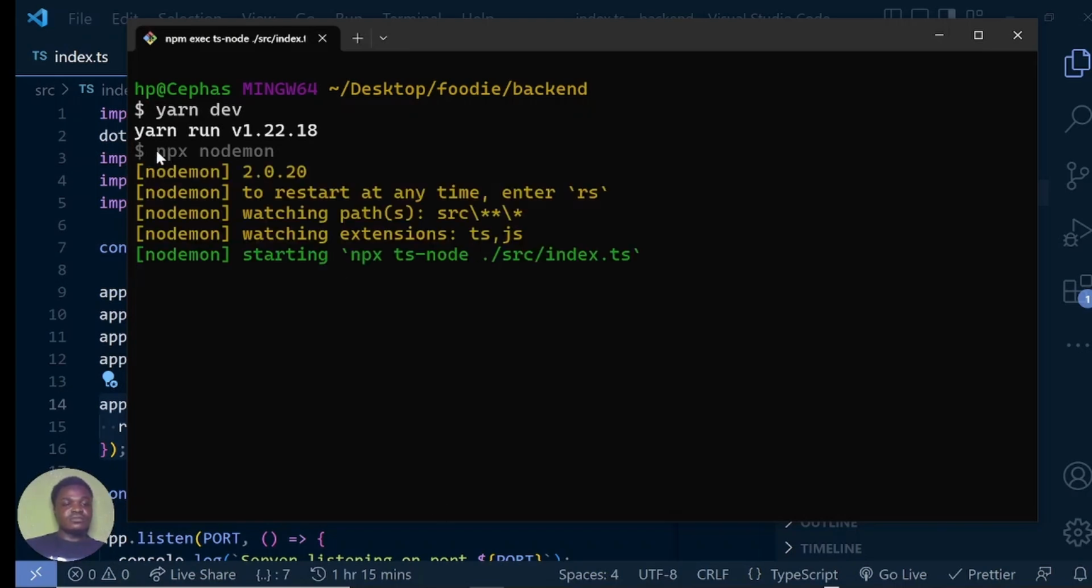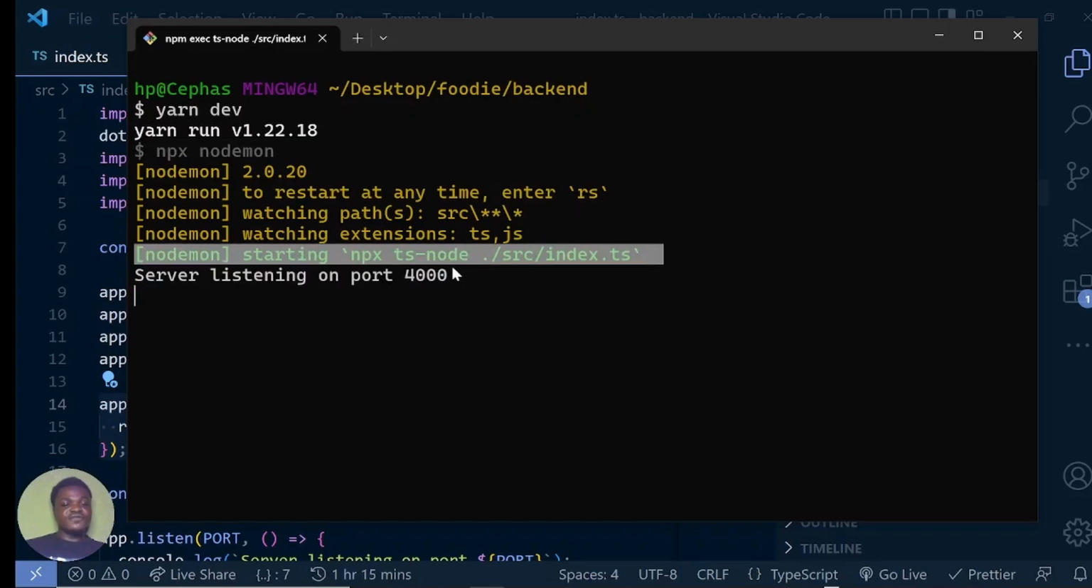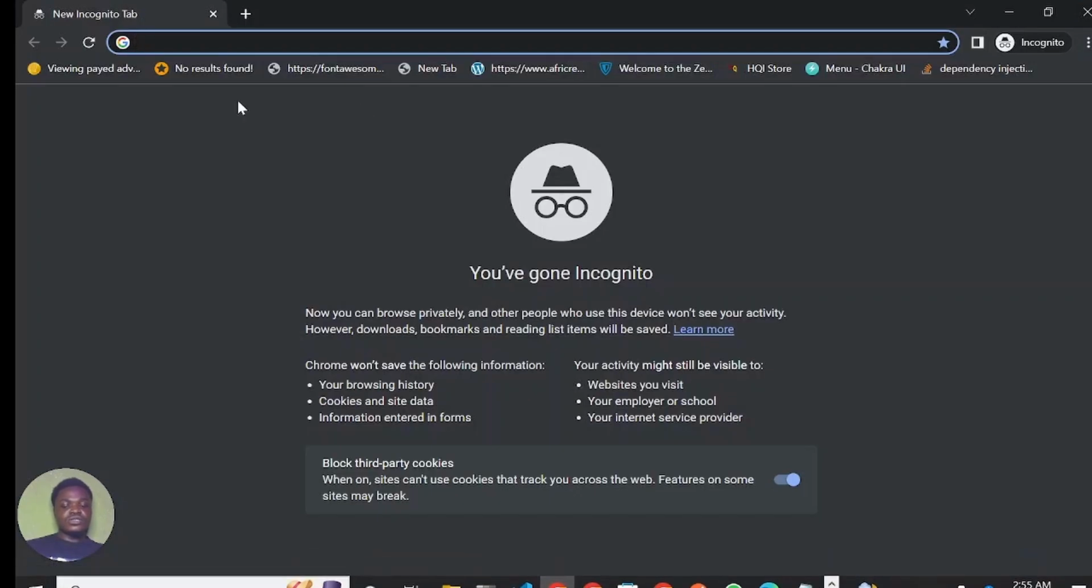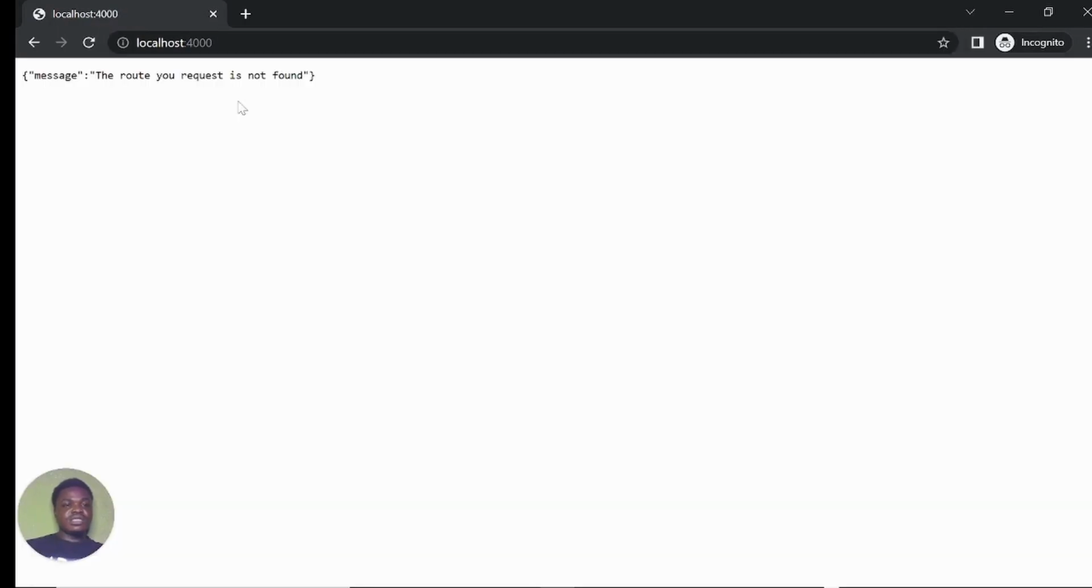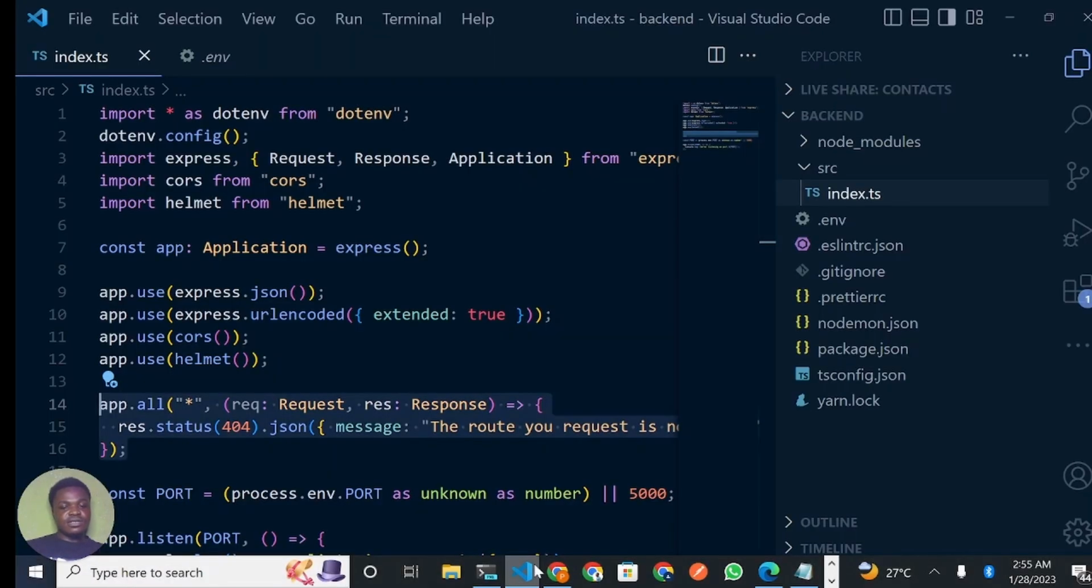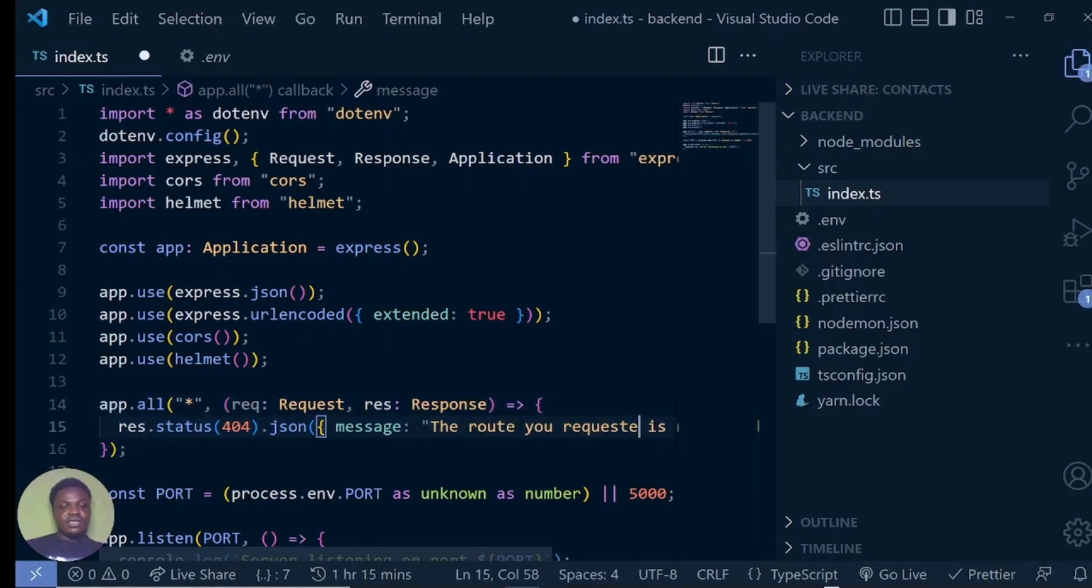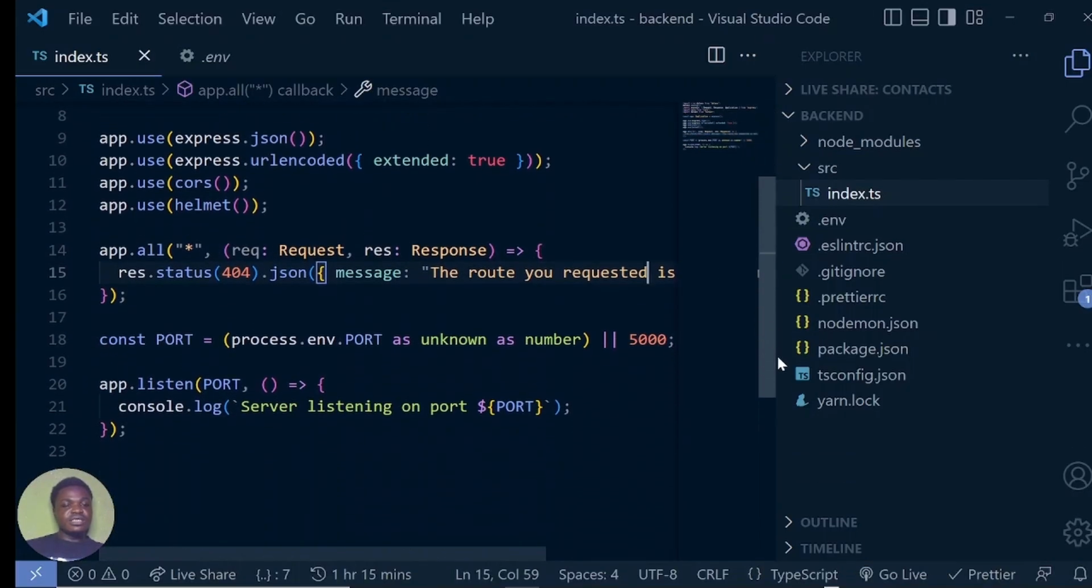So we have nodemon running, npx nodemon, which goes to the nodemon file and then runs this command. It says server is listening on port 4000, so it is reading from my environment variable. So we can then test this application. Let's go to the browser. I'm just going to go to localhost 4000. I'm expecting a JSON, and it simply says the route you request is not found. It's supposed to be requested. So this is serving. Our application is now listening on port 4000 and is serving a response. So let's go back and let me just change this to requested. So right now our application is ready to